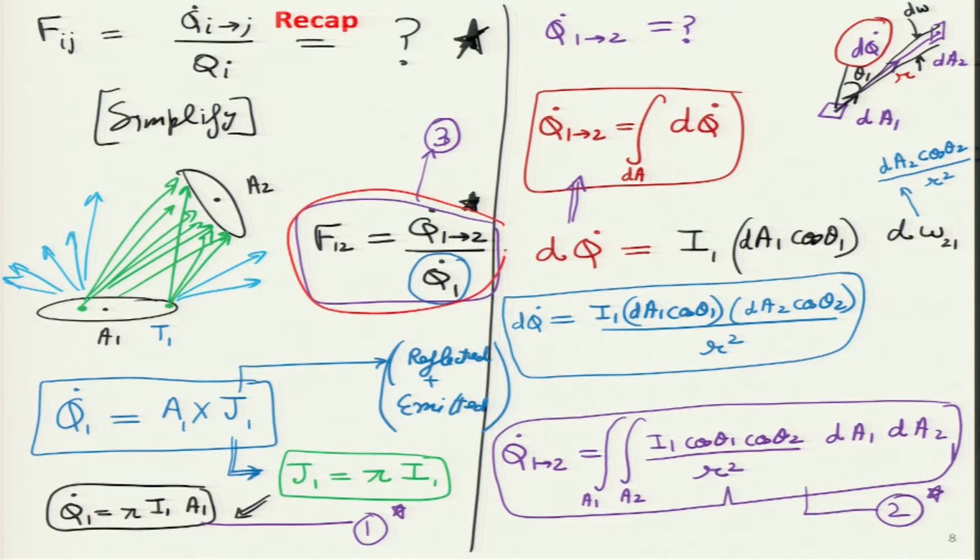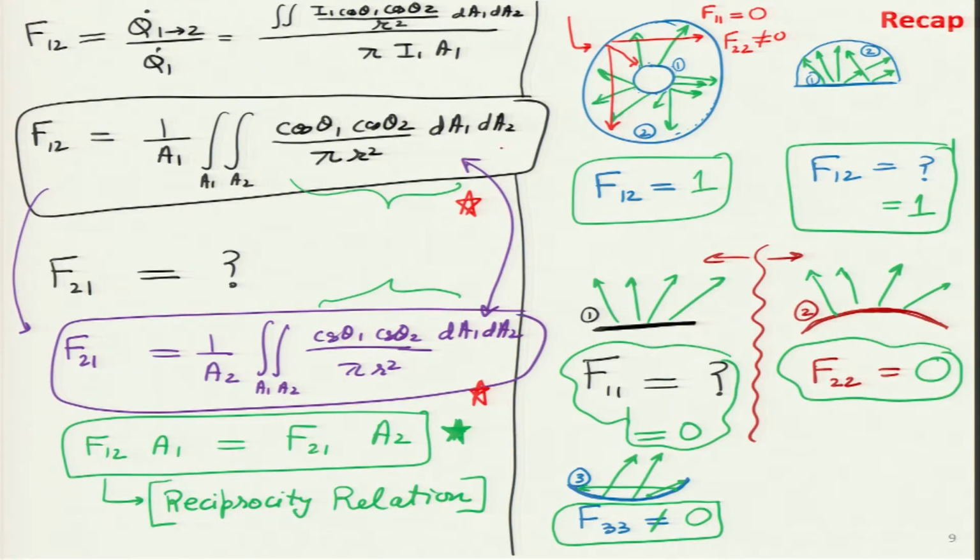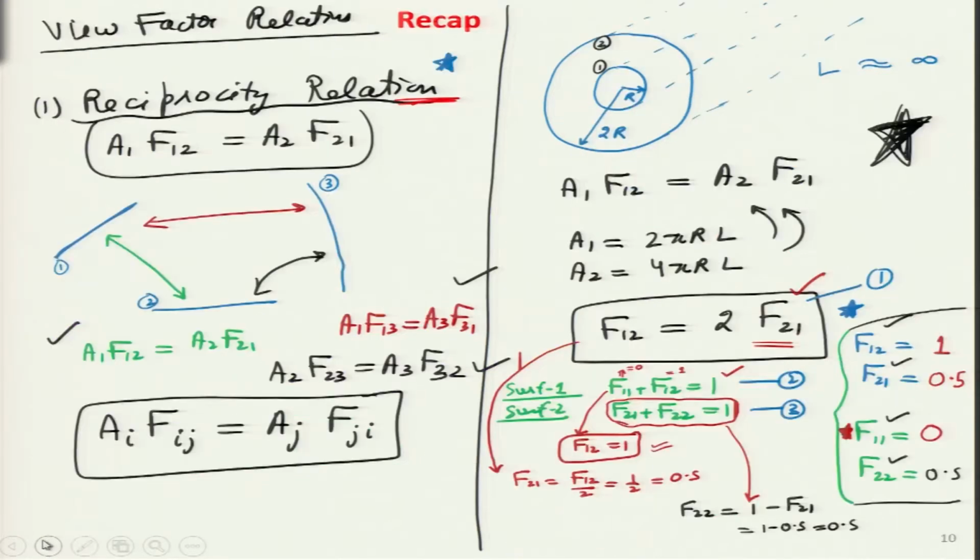Then we evolved that expression using this particular ratio over here. So, this is the essential definition of Fij, or in our case we have calculated it for surface 1 to 2, F12. Although it is a long, complicated double integral equation, later on, when we looked at relations between view factors, it turned out to be very simple. For example, as shown in green color over here, this relationship is very simple and straightforward and is known as the reciprocity relation.